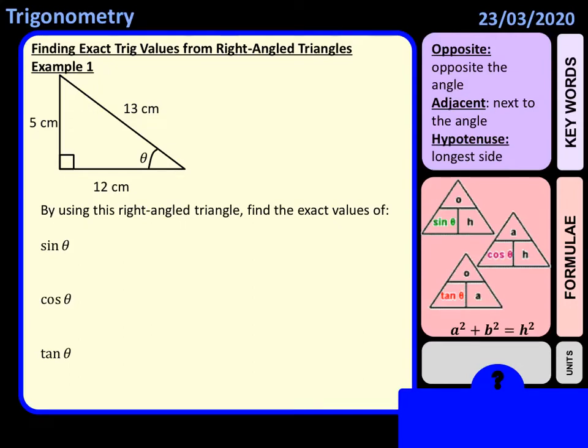So sometimes we're not asked just to find the value of theta or just find the length of a side. We might be asked to find an exact value for sine theta, cos theta and tan theta. So to do that, they'll give us a triangle like the one that you can see here, and we'll start